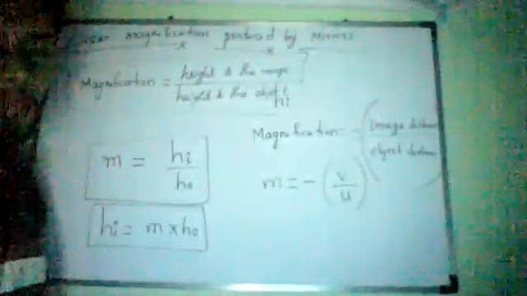A linear magnification produced by a mirror is